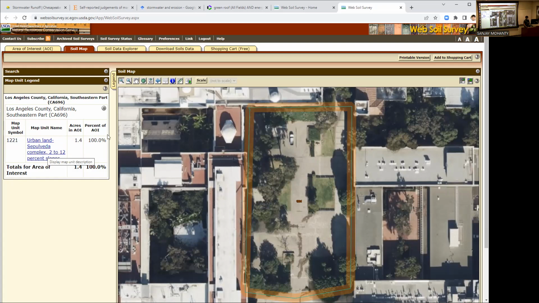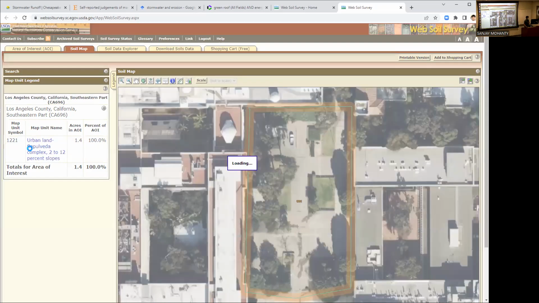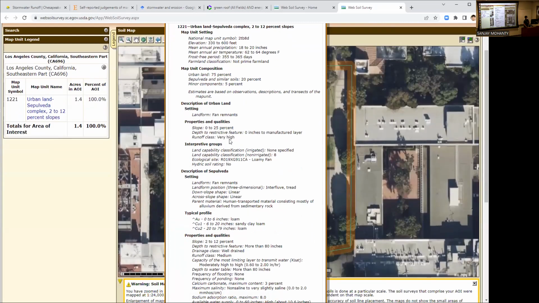If you click on that, it says percentage of AOI, which means what percent of the entire area is that soil. A lot of times you might see one group here, another group there. In this case, this is just one type. So you click on this. If you click here, it will tell you everything about it.